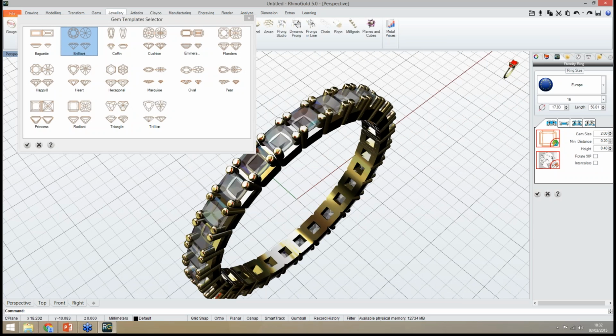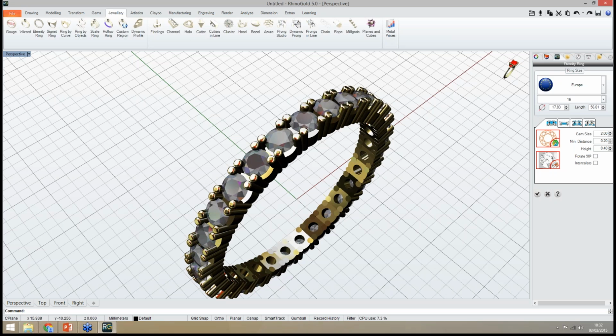And one last option I want to show you is the shank. Of course, we can add the shank. I just need to define, in this case, 180 degrees.